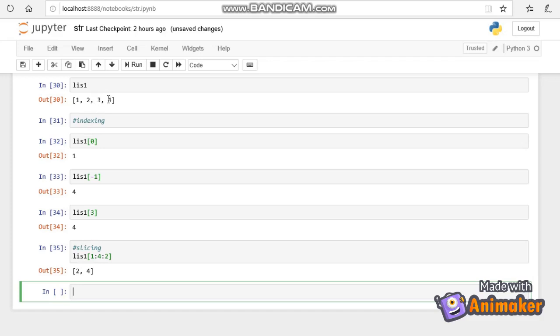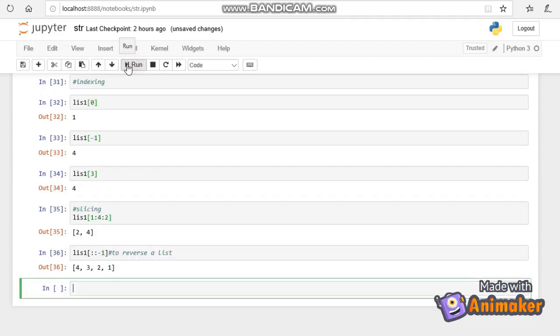So slicing is followed. And if you want to reverse the list, the same procedure that is followed in the string is followed here: list 1 of -1 to reverse a list. So this is how slicing and indexing is followed.